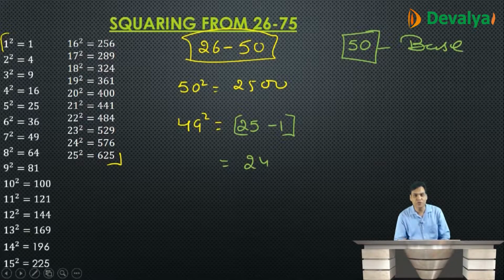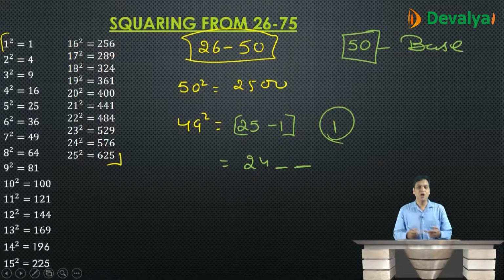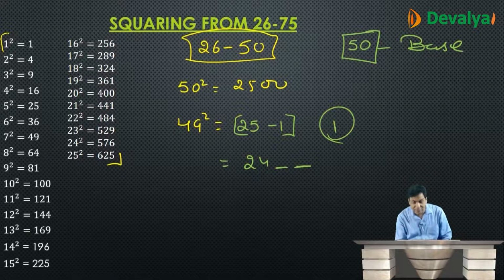Remember it was 2401? Now, the difference was 1. What is the square of 1? The square of 1 is 1. But I have two places to fill and I have a single digit. So, how could I write 1 in 2 digits? By placing 0 in front of 1. 1 could be read as 01. So, my square is 2401.